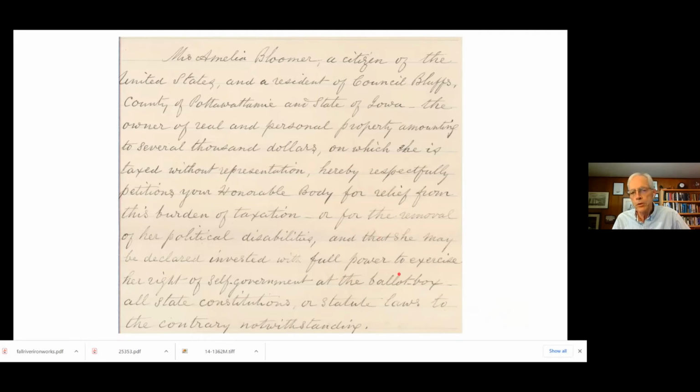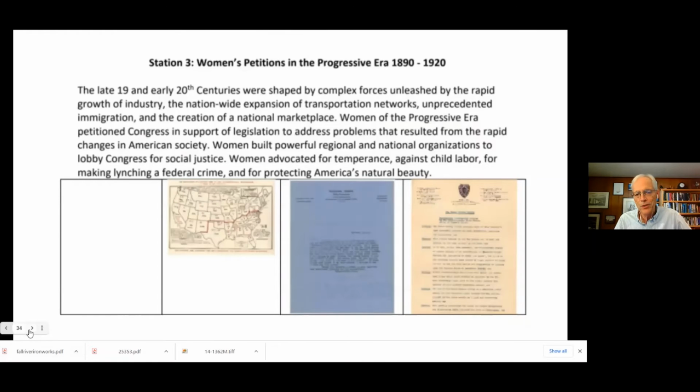Here's Amelia Bloomer's letter. I think that it's good because it's handwritten and it's clear, and it begs the question of how much cursive can your students deal with? This might be an example of one where you can actually have them deal with the 19th century artifact, because although it's cursive, it seems clearly written. Many students could probably decode it, and it makes it more like real history if they're working with the actual document.